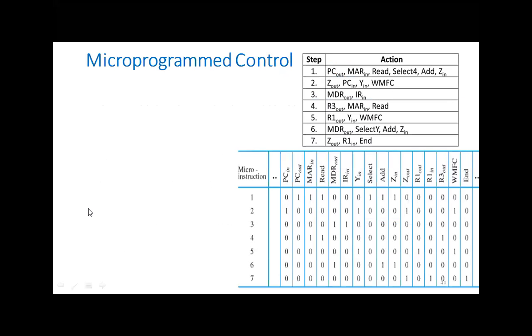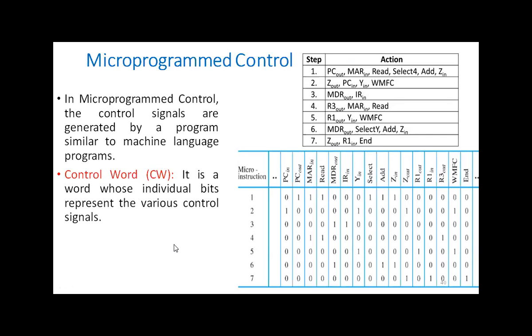Okay, the next is microprogram control unit. So how the control signal is generated by using the microprogram control unit. So this is how it is generated. All the control signals are actually stored in a memory that is known as control store. Okay, so these are the control signals, and these are stored in memory that is known as control store. And you see, these are written this way in a table format. So PC in, PC out, all these. These are all the individual control signals.